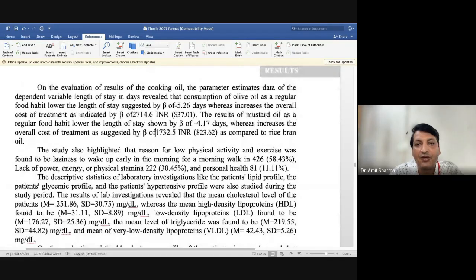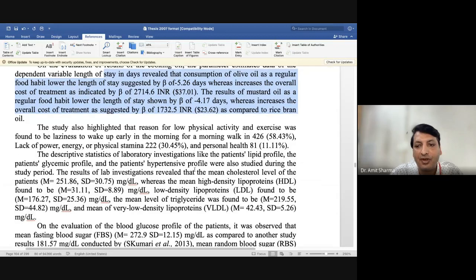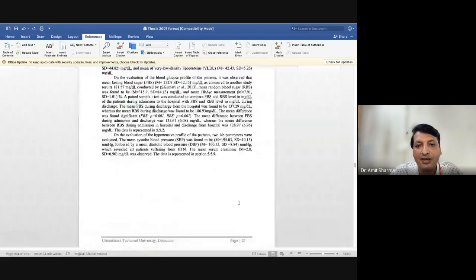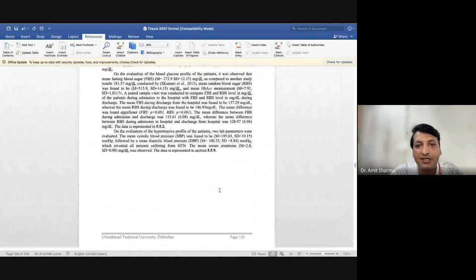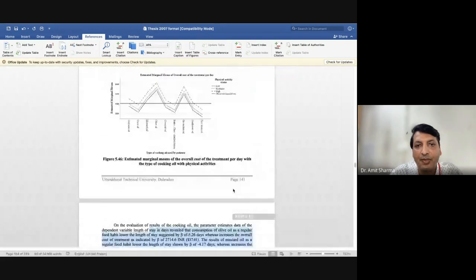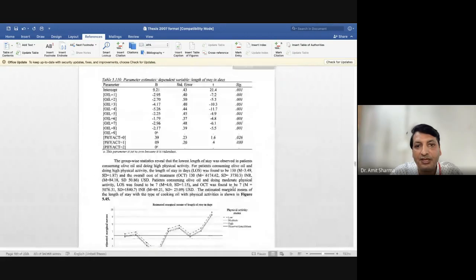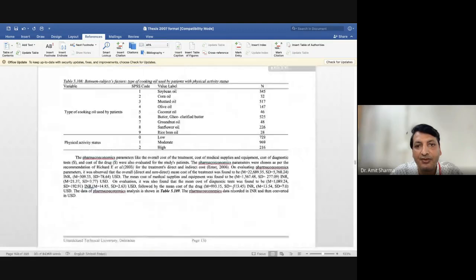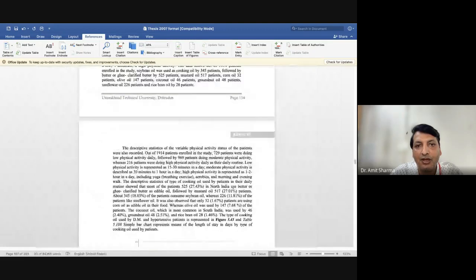Here you can see how I've written. Every category has been summarized. Each category you have to compare with everything. If 9 categories are there, at least 4 or 5 you can discuss while writing the text. So I will let you know where the test started and how much we have to write about each test. This is page number 142, and here you can see all these are the results of this particular model.